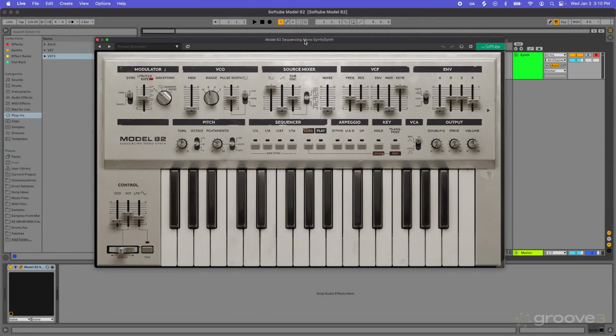This series is all about how to use the Softube Model 82 synthesizer. The Model 82 is a monophonic, meaning one voice, synthesizer that's based on a Roland SH-101 from 1982. This is a really great synthesizer for creating all sorts of monophonic sounds, so lead synthesizers, arpeggio plucks, or bass